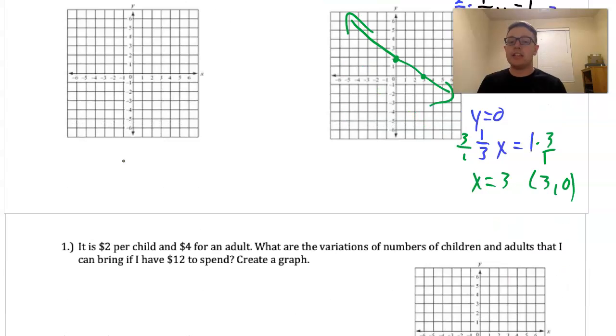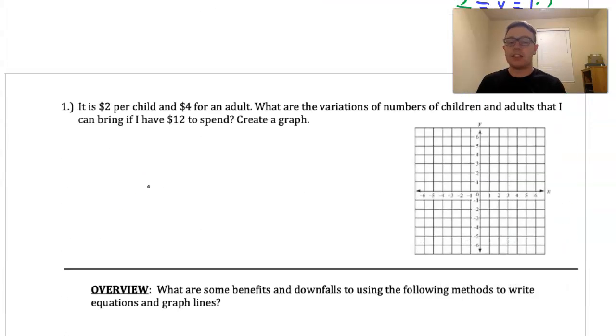Great. Now why would we want to use this over any of our other forms? The other forms are nice and simple. If we have a slope and we have a point, everything goes really easily. Well, let's say we have something like this. You're going to the carnival, and it's $2 per child and $4 per adult. You want to figure out the number of children and adults that you could bring in if you had $12 to spend. So if we call x our number of children, and y is our number of adults,